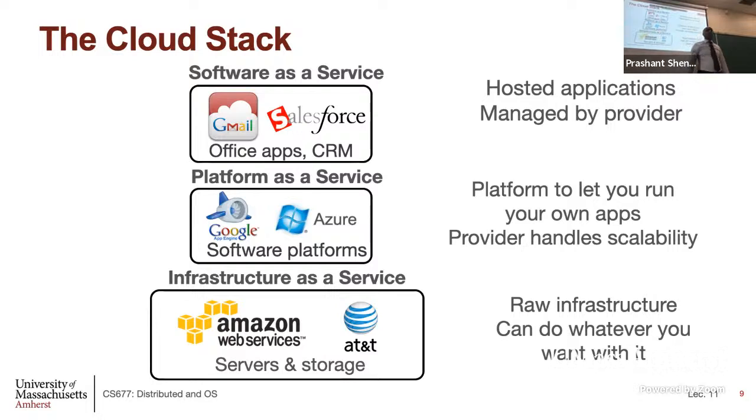And then when you have software as a service, you essentially get an entire application, and you're just getting access to that application. So there are many Google applications, Gmail and Google Drive. Those are examples of software as a service cloud, because you are getting mail service. You are not getting a virtual machine and you run a mail server. You essentially get mail as a service, and then you just pay by number of user accounts for that service. That's an example of a software as a service cloud.